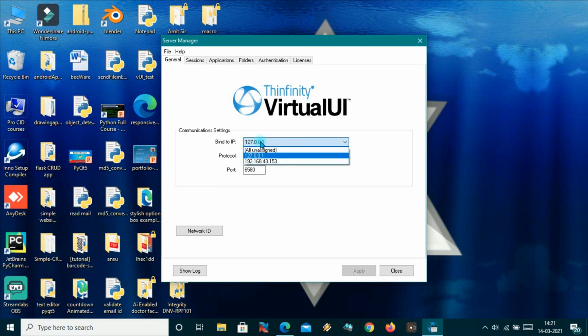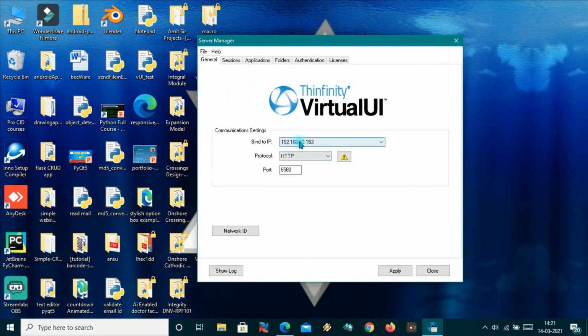The IP will be the IP address where our application will be running. As you can see, it is the localhost address for right now, and also there is an IP address which is for my Wi-Fi. So I can run on either of these two for now.